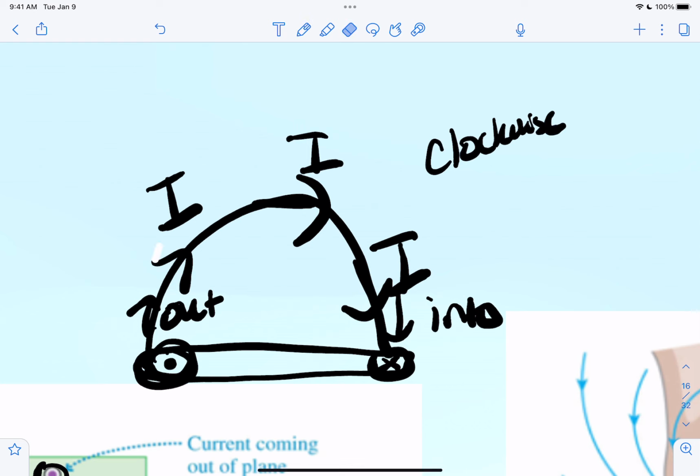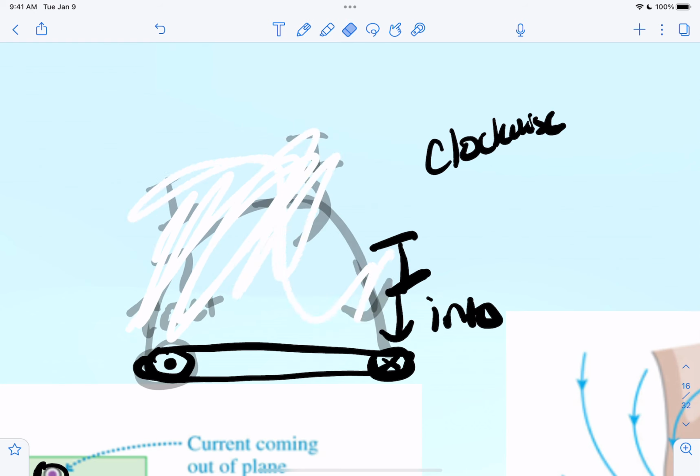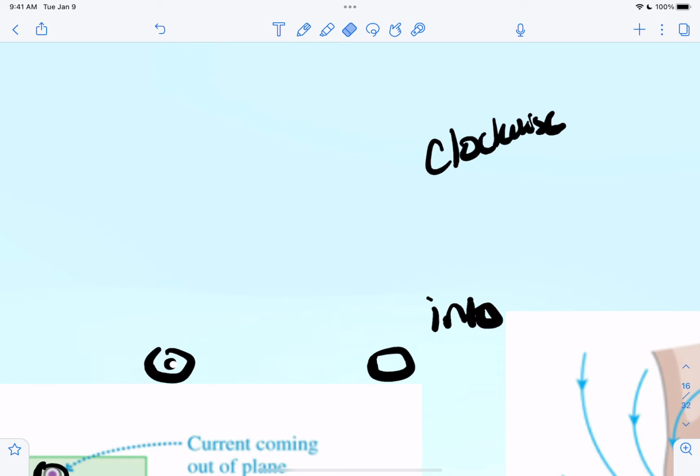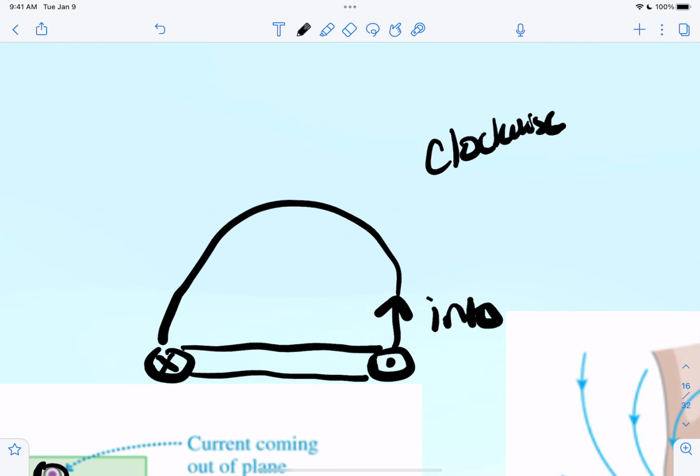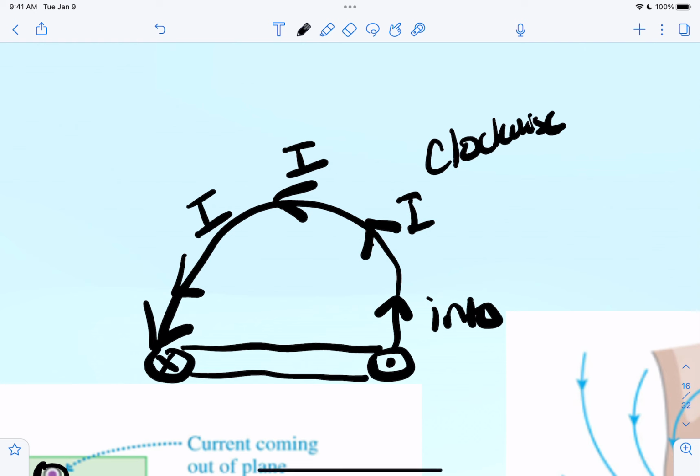If we were to reverse it and say that, okay, well, I have X here and a dot here, well, then this is out of the page, and this is into the page. So my current, everywhere around here, is going to be kind of in a counterclockwise position,